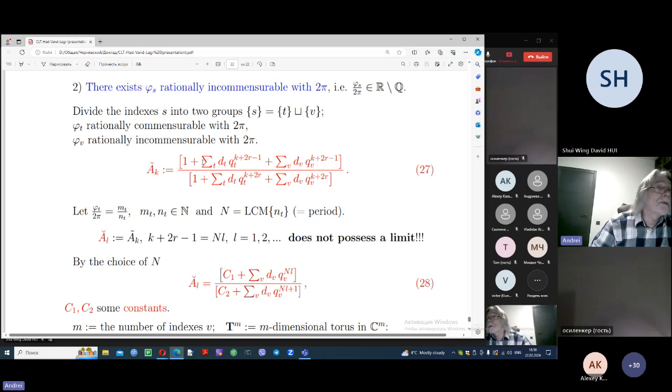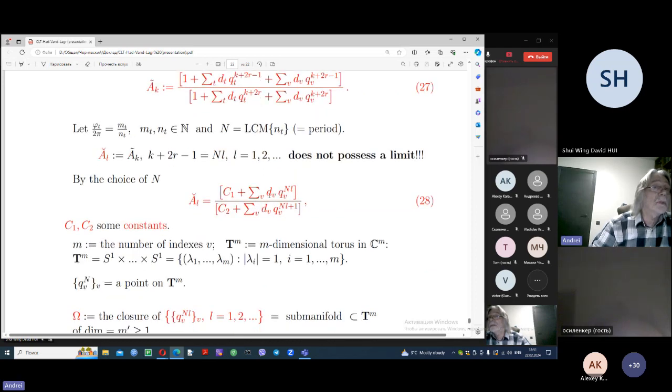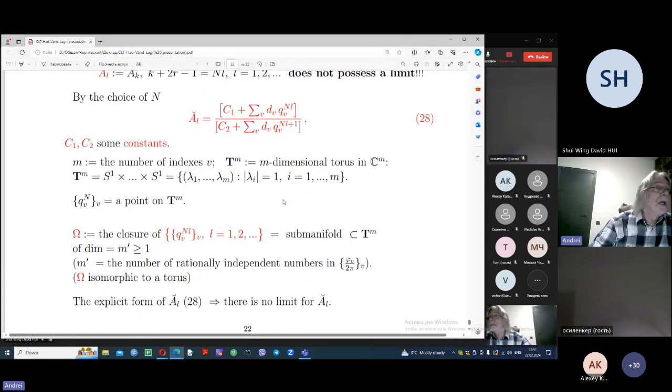So then we divide all these summands into those that are rationally commensurable, and those that are rationally incommensurable with 2 pi. These are periodic, as we know, so instead of this sequence we consider a subsequence. We take the corresponding period, and they are now constants. And all of these multipliers are rationally incommensurable. Well, but what does it mean? That means